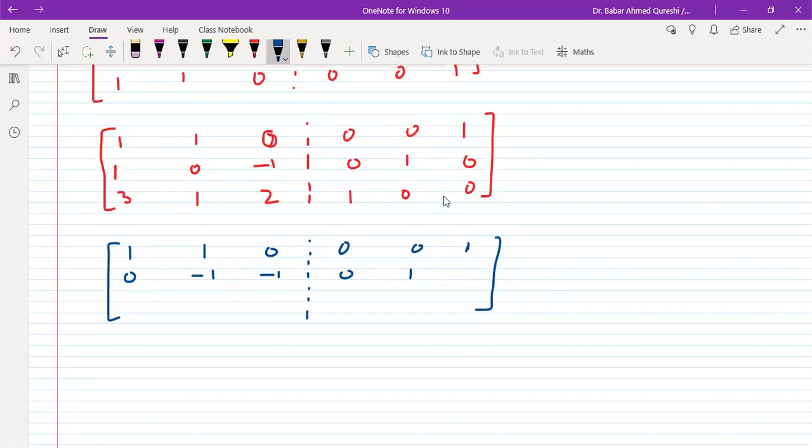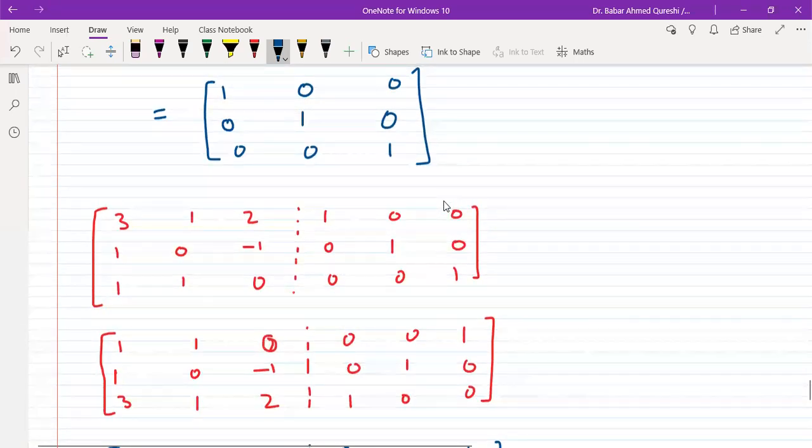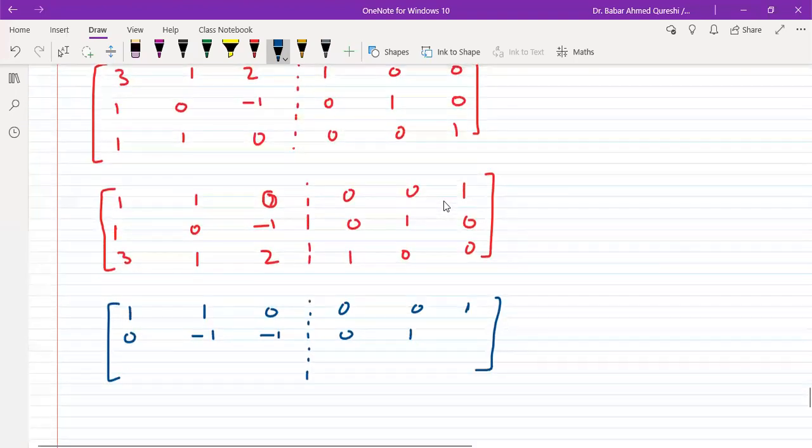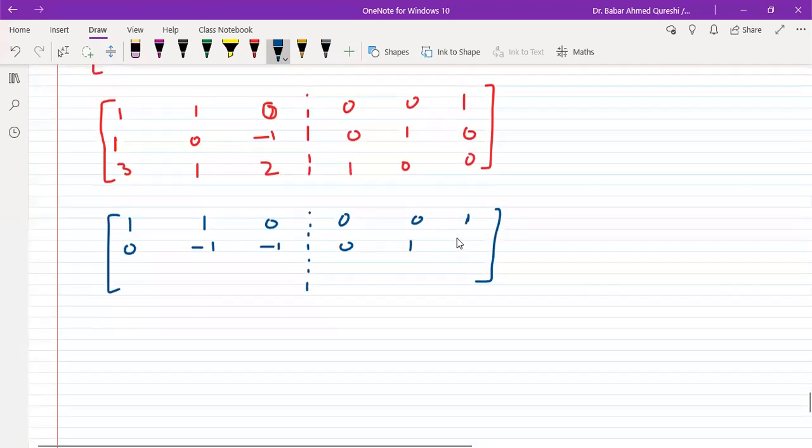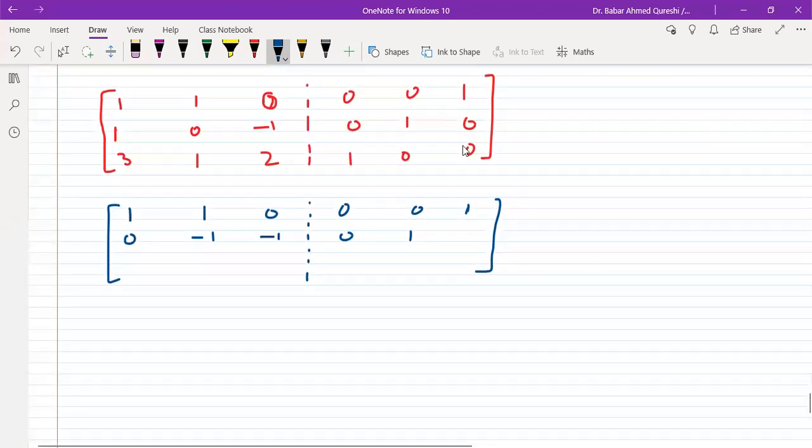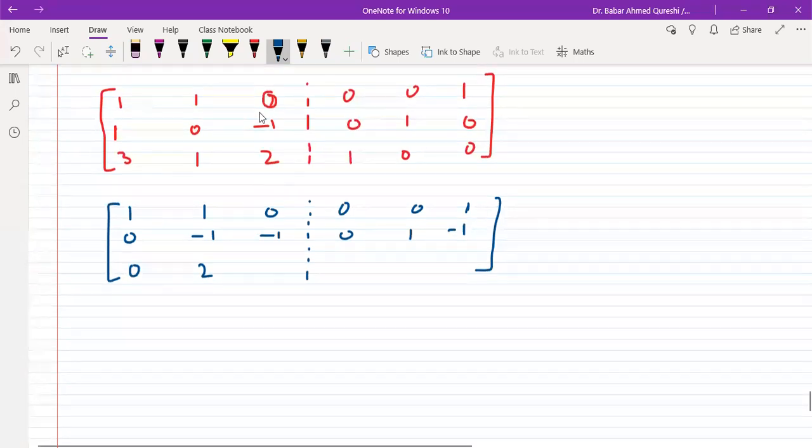this guy was actually, so I get, this was 1, so -1 into 0, -1. And over here I get a 0, -3 plus 1, 2, and this remains a 2 because there's a 0 above. This remains 1, this remains 0, and I get a -3 plus 0 gives me a